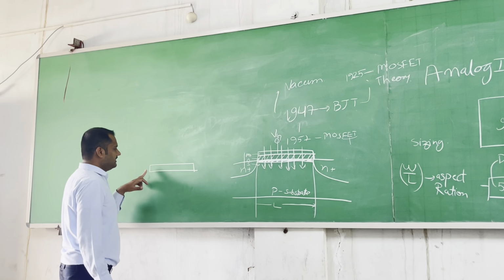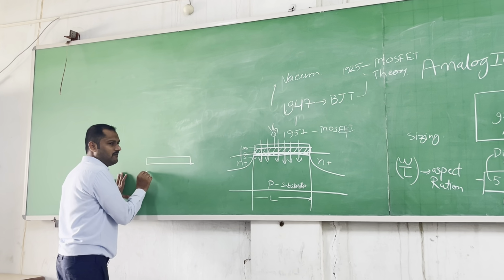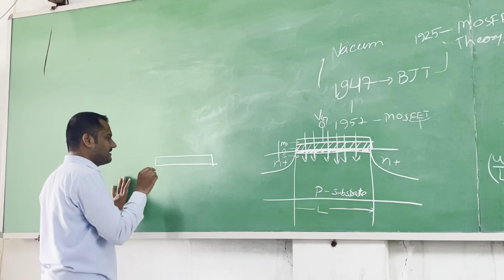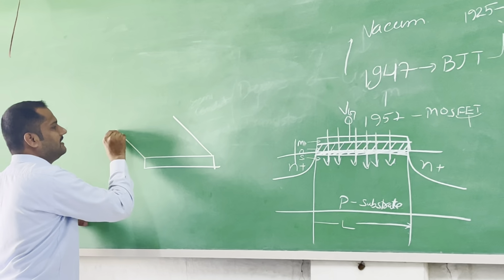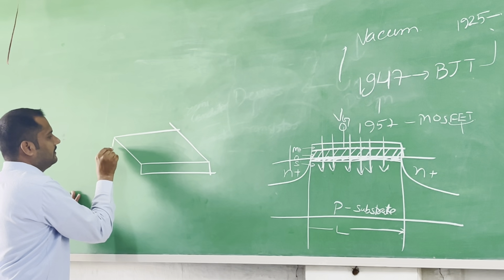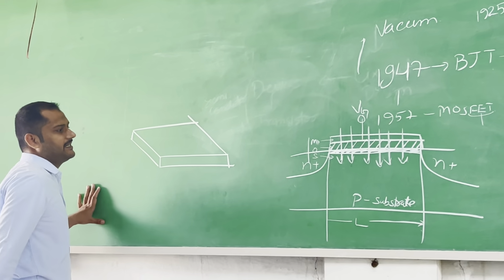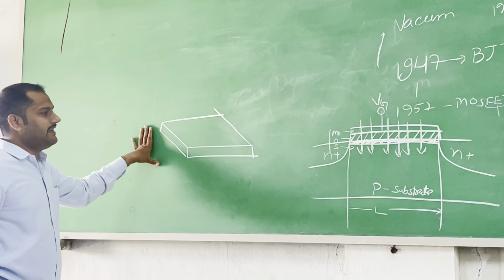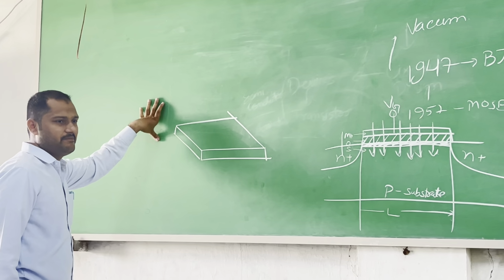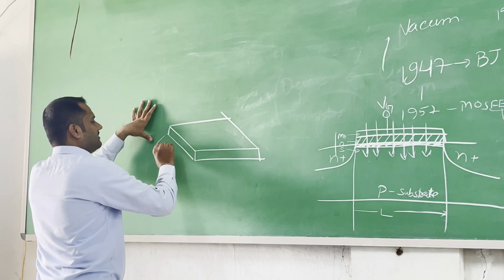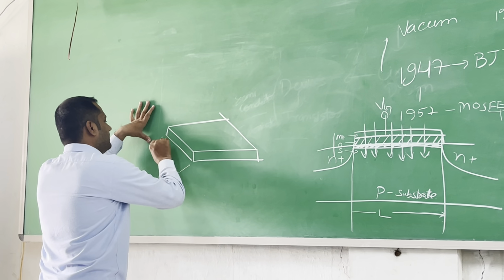Now this is our x-axis. This is our y-axis. Now we have a third axis, which is called the z-axis. Do we have a z-axis or not? This is the semiconductor bar. While deriving the current equation, we will consider this semiconductor bar, and this z dimension, the width, is called W.